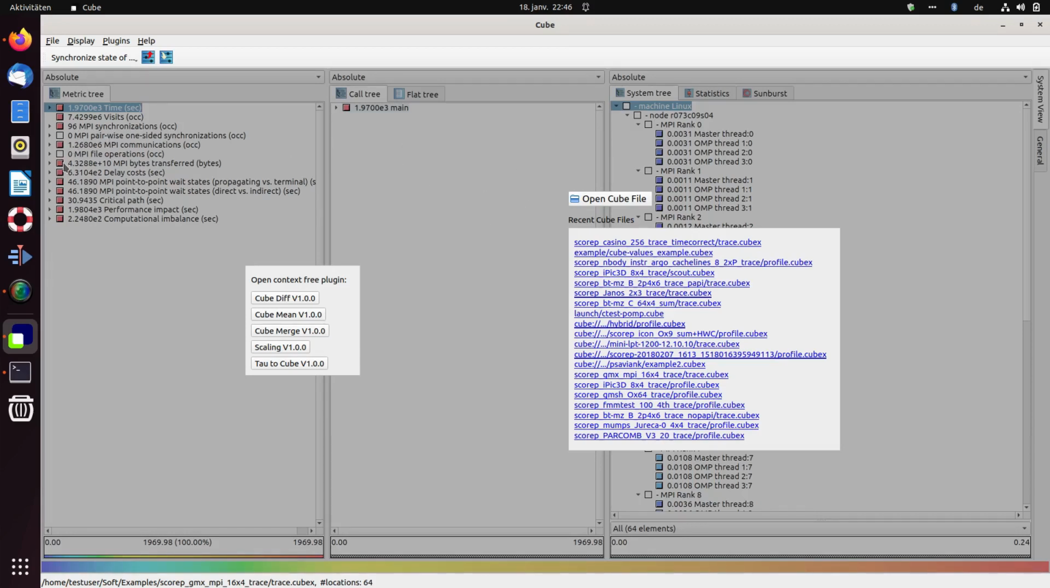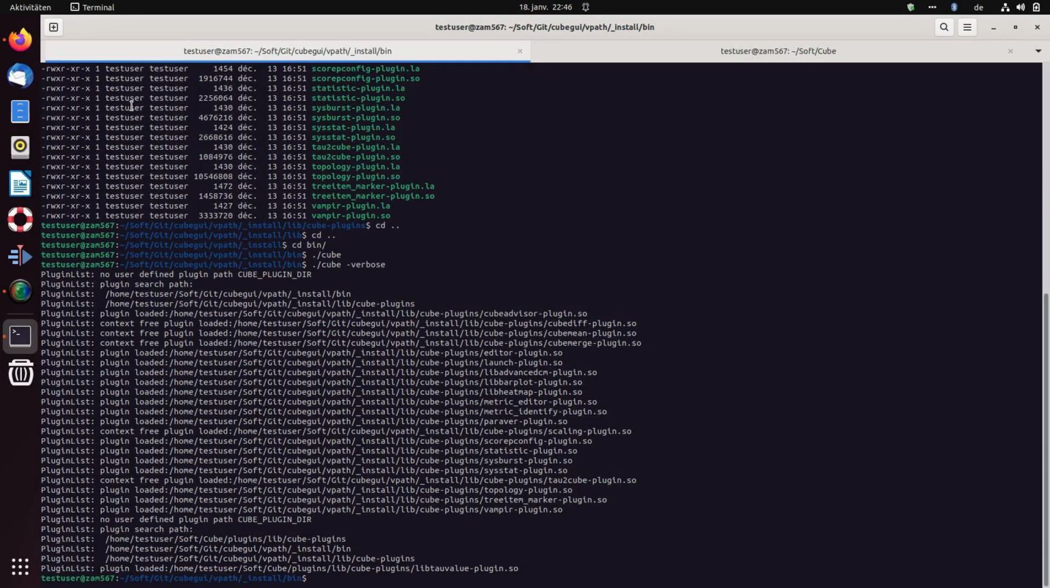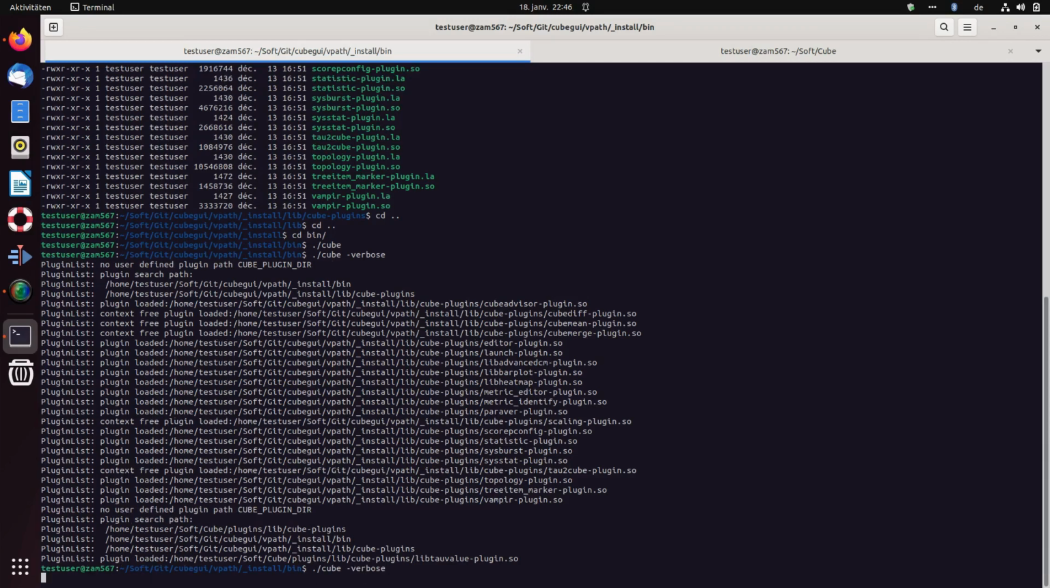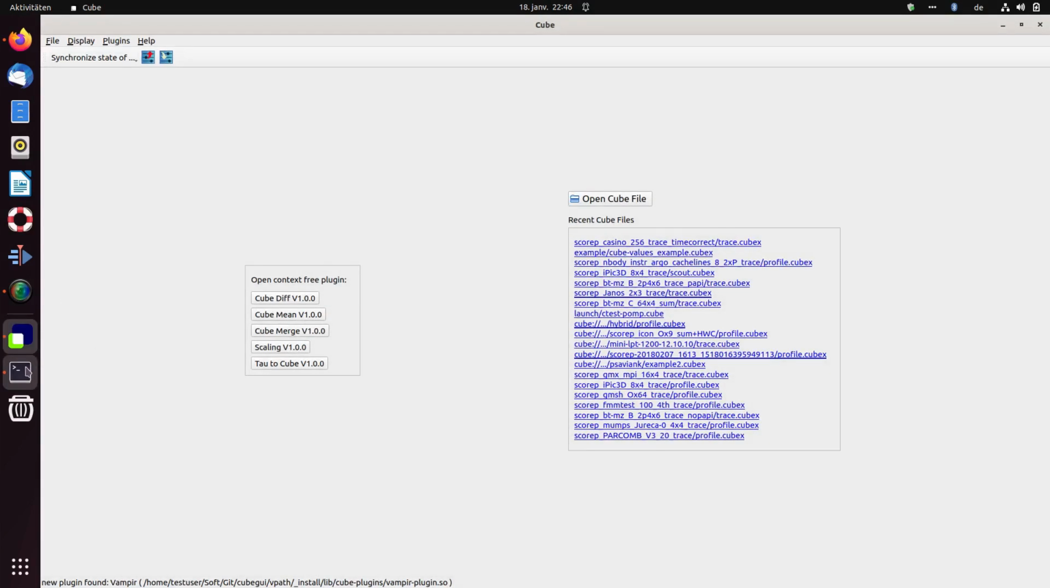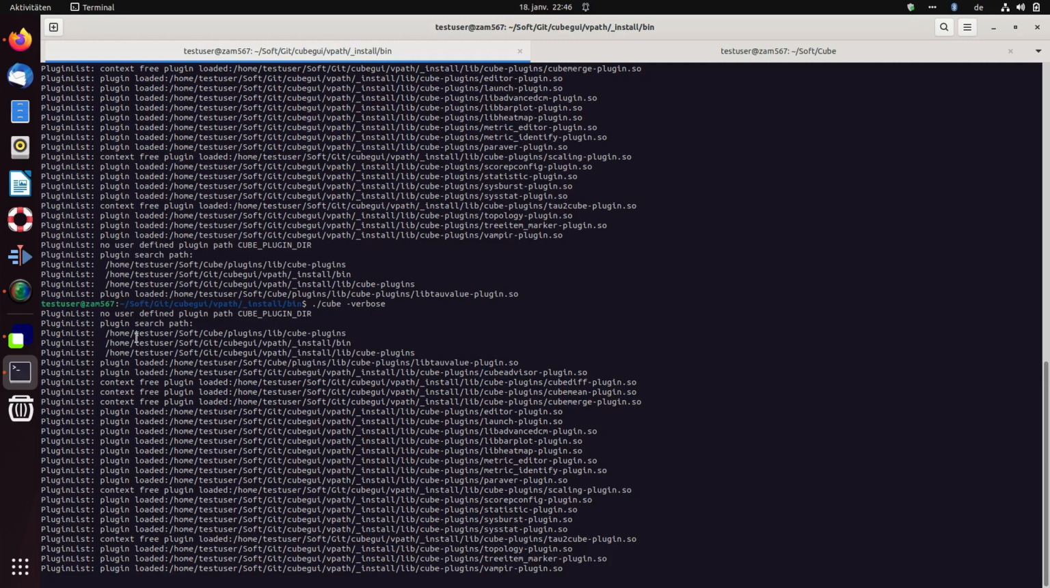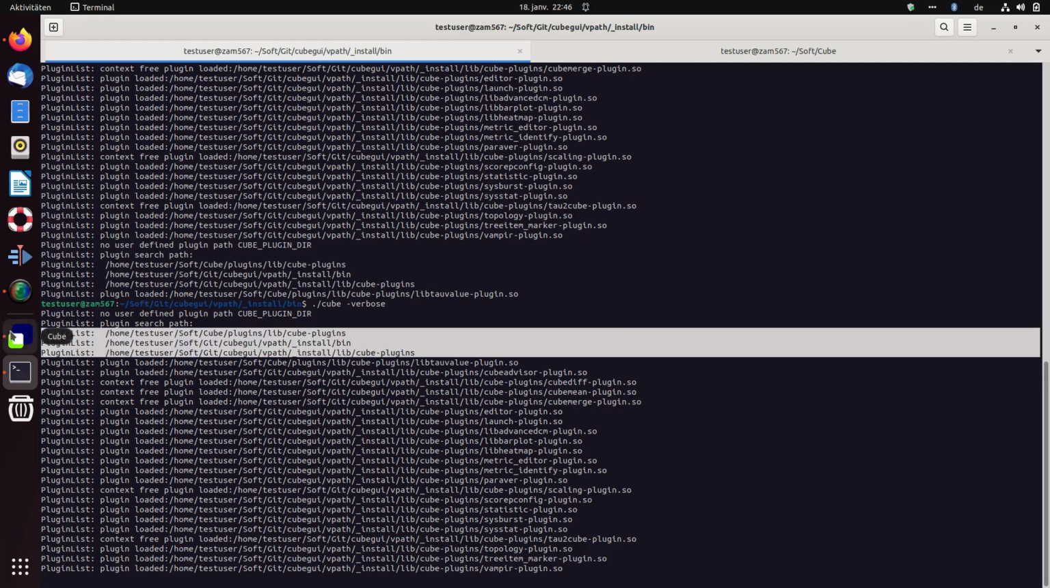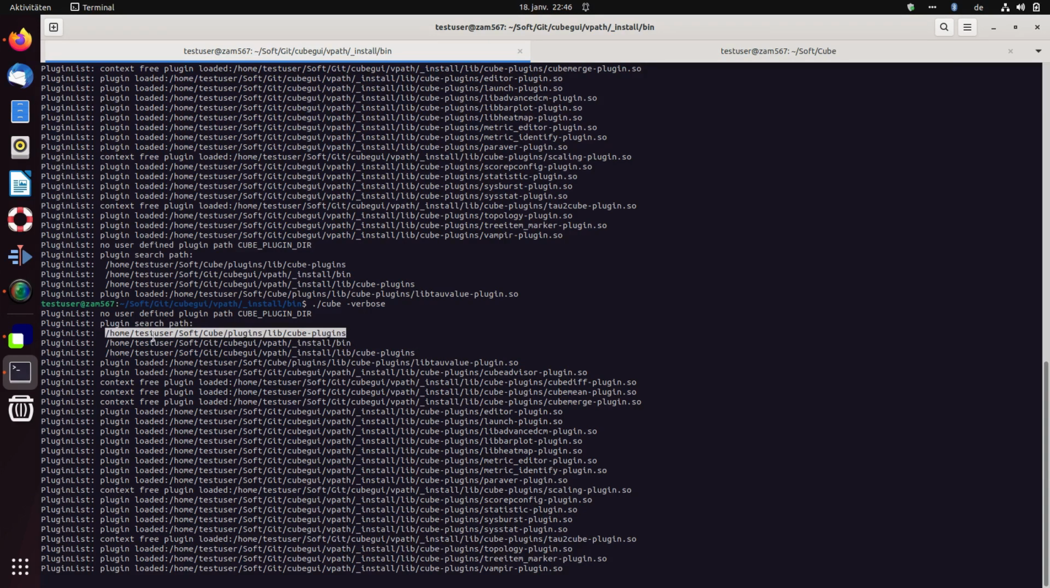So the plugin which I have installed, Tau Value View, is a special plugin. It is not visible so directly. I will demonstrate in a minute. We can close the cube and start it again and take a look at the output, and we see that next to these two previous directories, it also searches in this directory which we have added in this